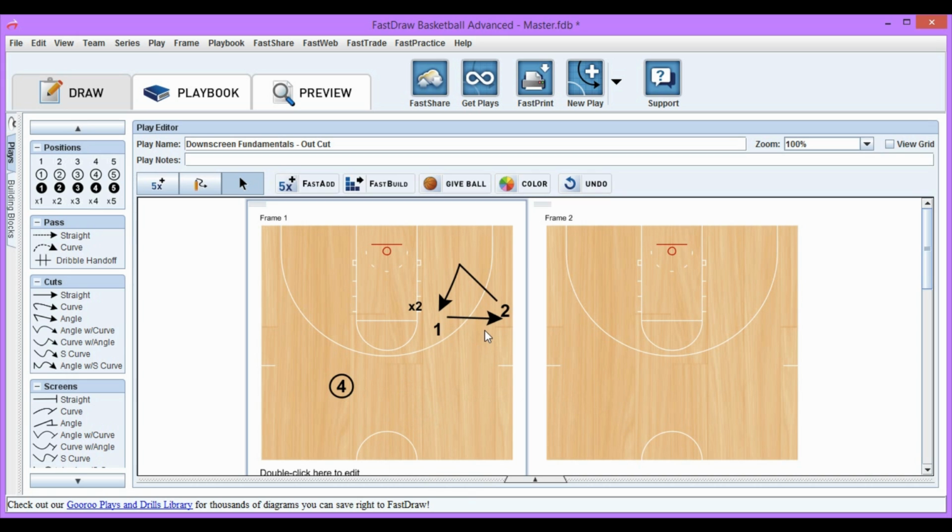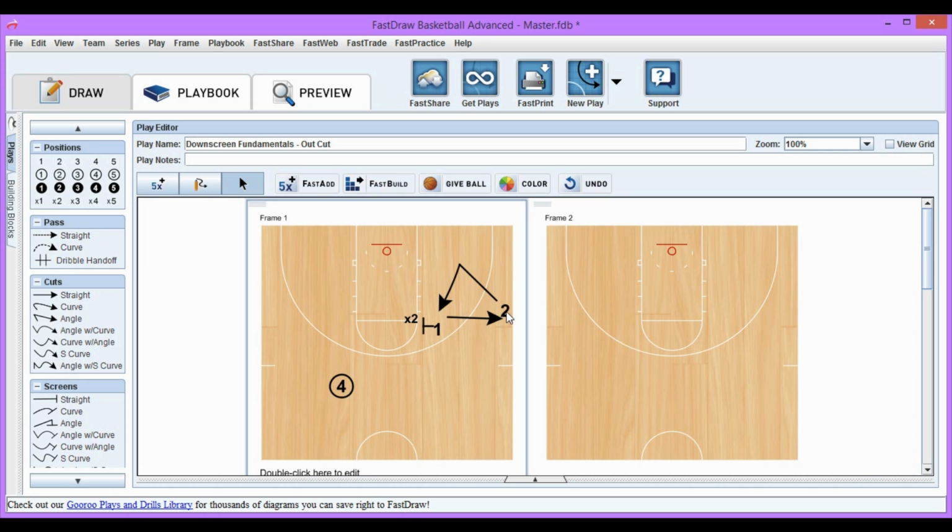All right, so now what we've got is the cutter's defender has moved ball side of the screen. So the second most important element here is changing the angle of the screen. So what was once a down screen with my back toward the basketball becomes a pin screen. What I'm doing essentially, since the defender went ball side of the screen, is changing the angle. I'm just going to adjust my angle by pivoting on that inside foot, and now I'm pinning X2 into the